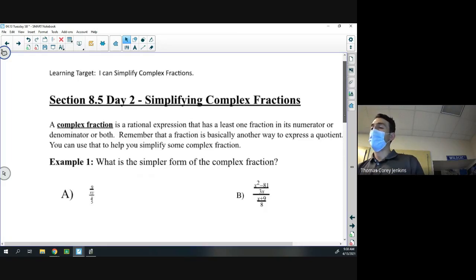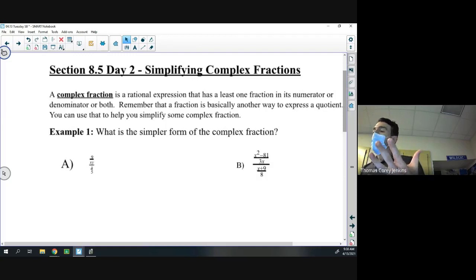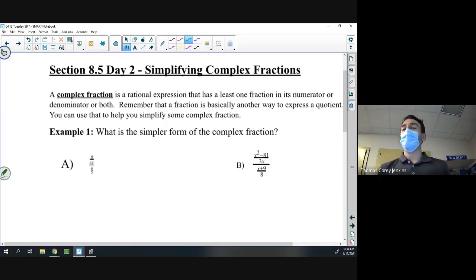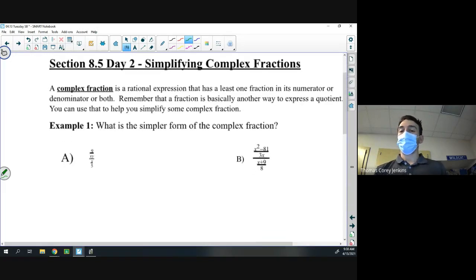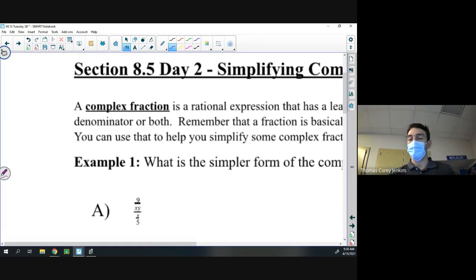This is kind of a review of what we covered, or part of what we covered in 8-4, where you divide a fraction by a fraction. So I guess just kind of jumping right to it. Well, I guess our learning target is that we want to be able to simplify complex fractions. So the most fundamental thing to understand is that, and sorry that these notes are kind of hard to read, but